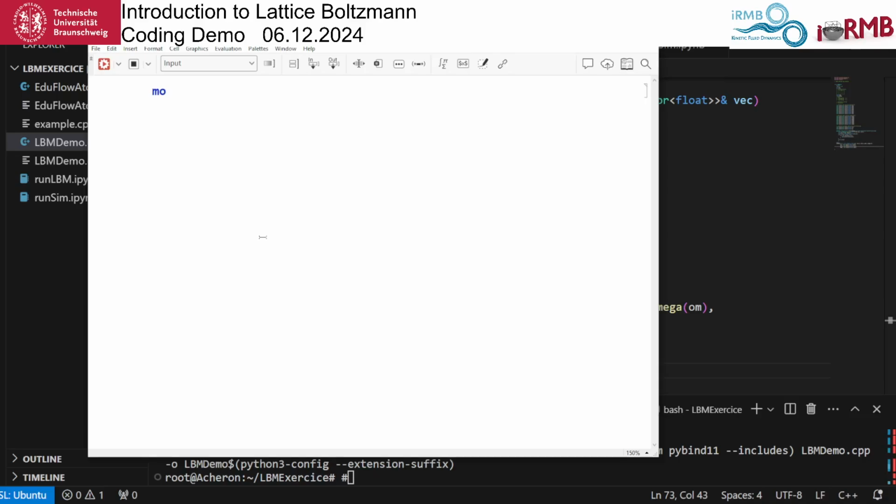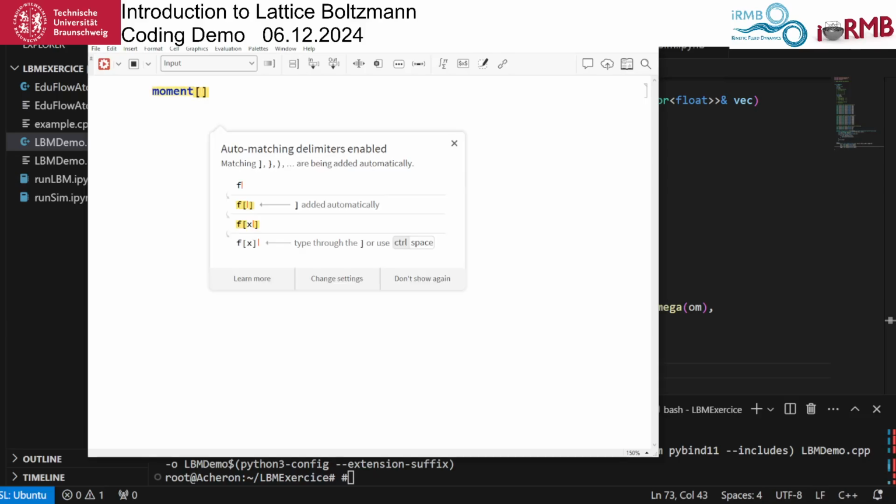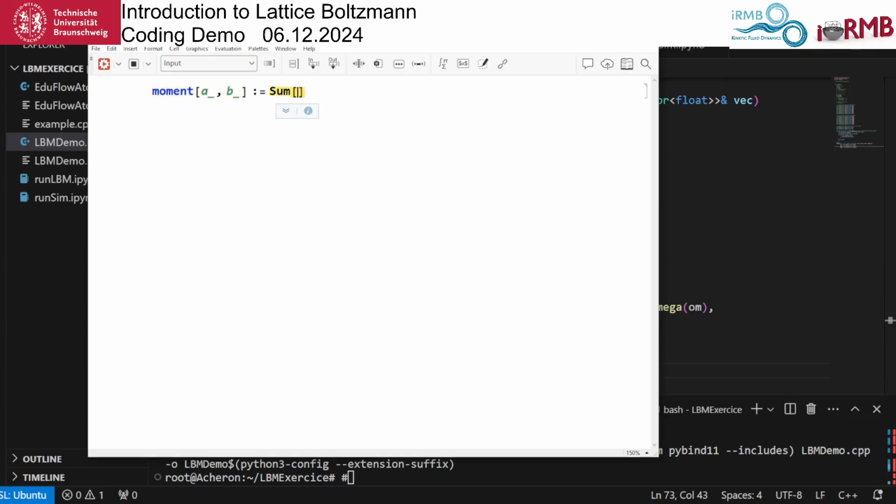So the way I'm going to do this is to start from moments, and I write a function for getting moments in A and B. We need this underscore in Mathematica to determine that this is a parameter of the function. It's not very important. So the definition of moments, as you remember, is taking the sum of the sum. So we take two sums, because we are in 2 dimensions,